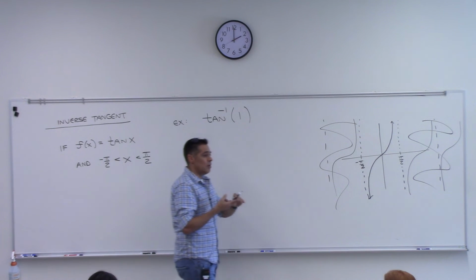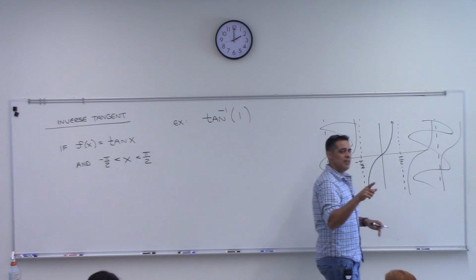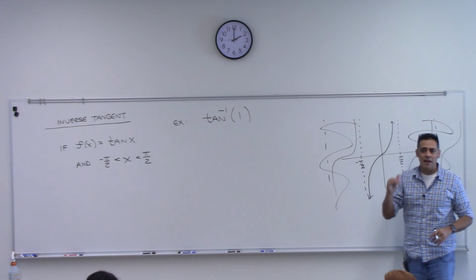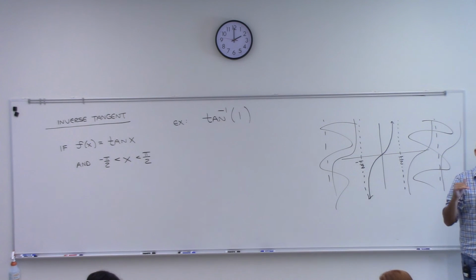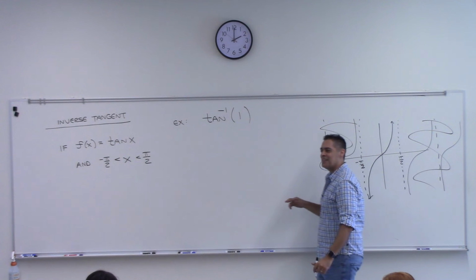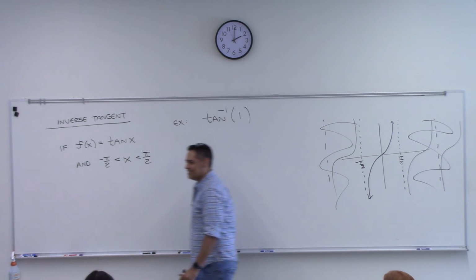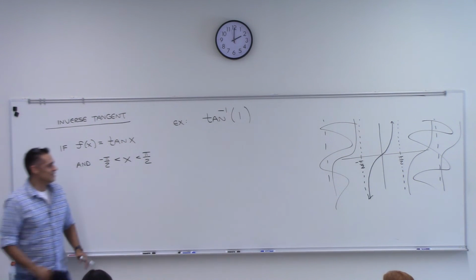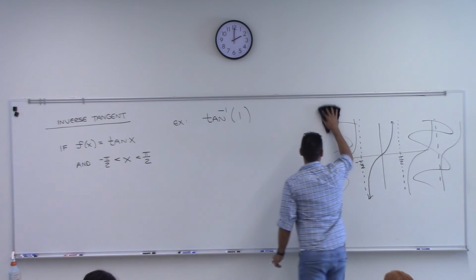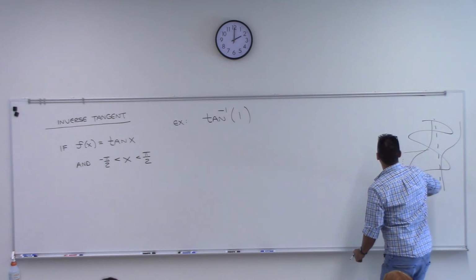Tangent's not the y-coordinate, that's sine, right? But tangent is the ratio of the y divided by the x, right? So tangent is the y divided by x. So where on the unit circle,